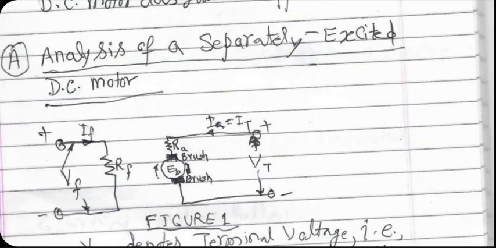So now Vt minus IaRa will give you Eb. In case of a generator, Vt plus IaRa gave you Eb. You have to be careful. Now Eb would be lower than Vt. In case of generators, Eb was higher than Vt. Okay, because of the direction of the current. And of course, brush drop will still be either ignored or you will be given a value that you have to include in the calculation.